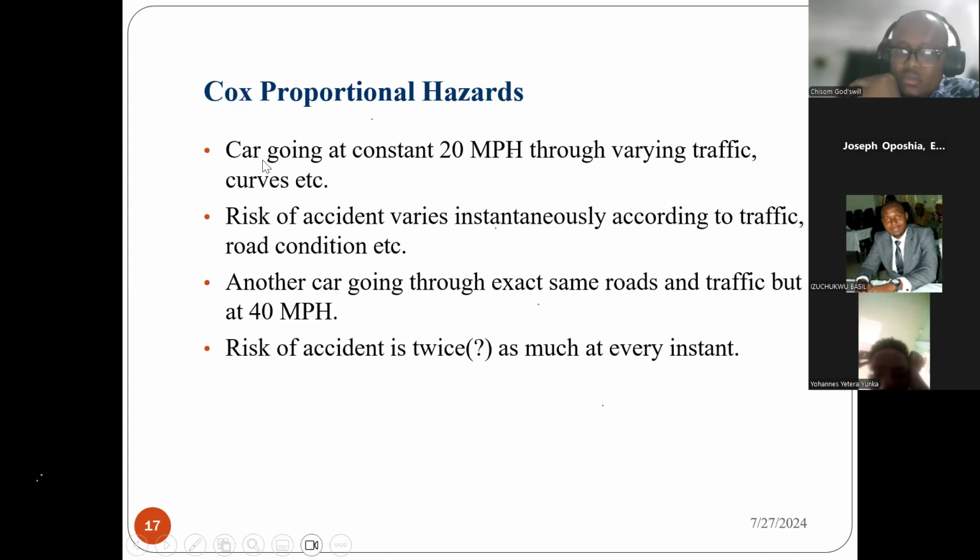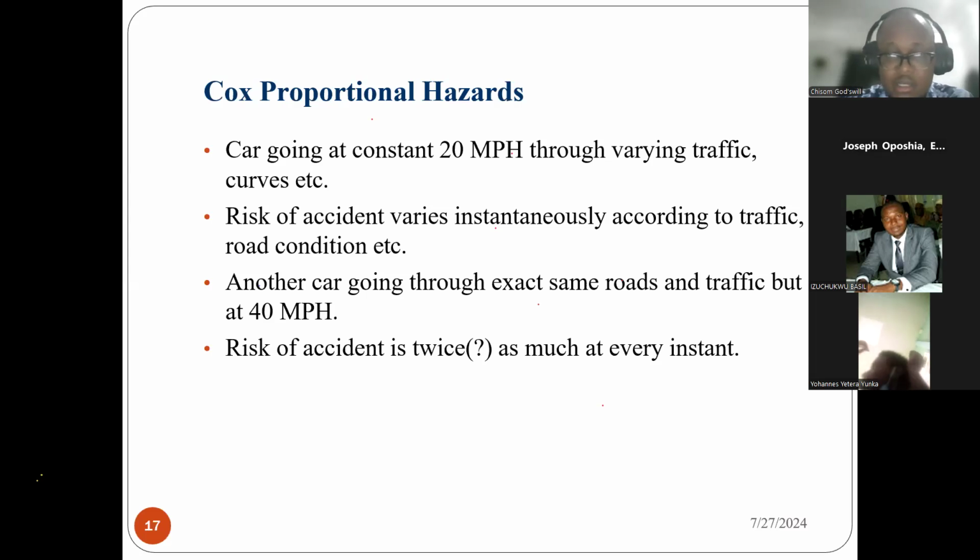Say you want to see a car that is going at 20 mph, varying with traffic conditions. In such an analysis, you want to determine the risk of road accident, which varies instantaneously according to traffic and road conditions. Another car going through exactly the same route and traffic, but at 40 mph, has a risk of incidents that is twice as much